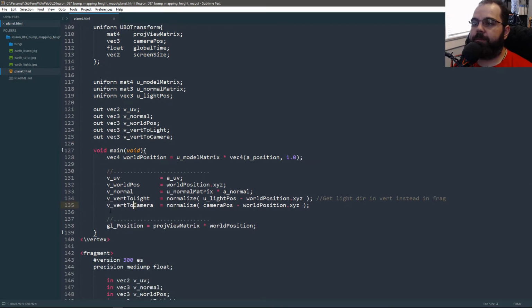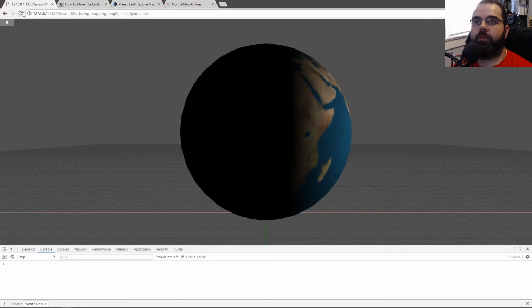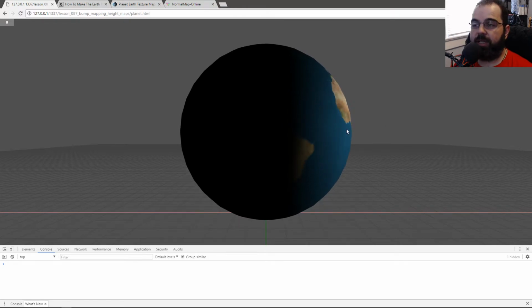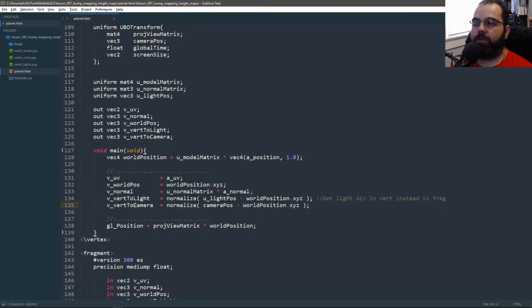And it's important to rotate your normals, because if you don't rotate your normals, this is what our planet looks like. And there's a light source right here, and you can see as the planet rotates around, the light source always stays the same. If you don't rotate your normals